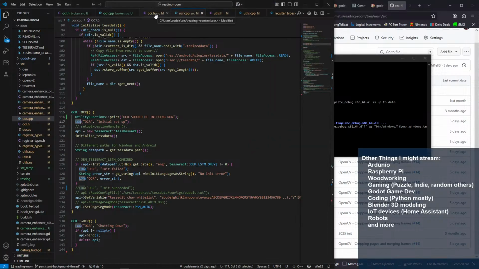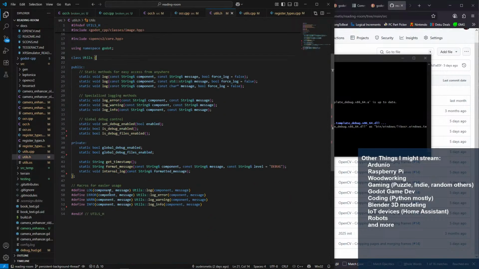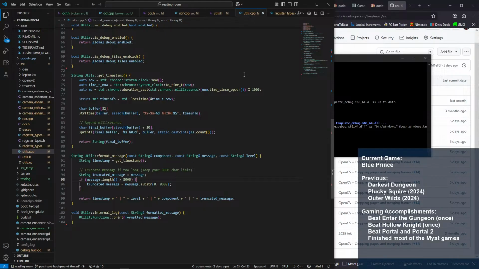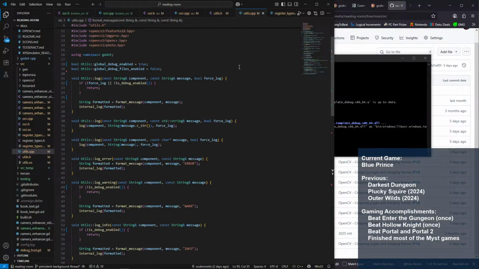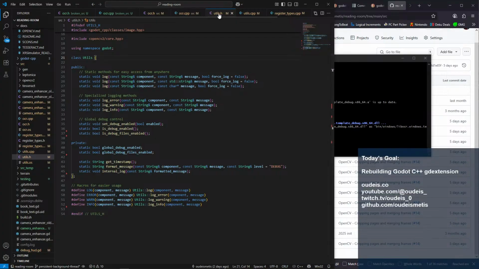You are log component message. We go to utils log component message. Force defaults to false for all of them. And oh, by the way, what do we have here?